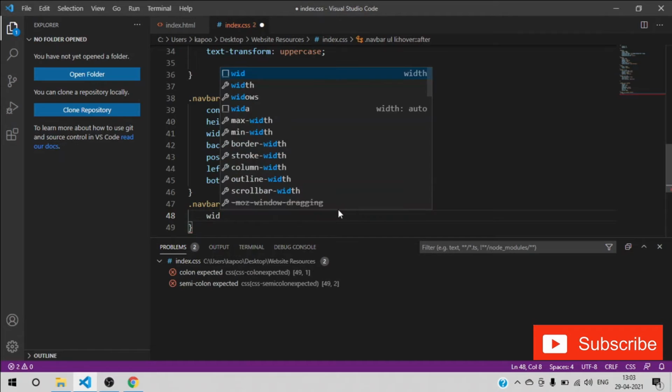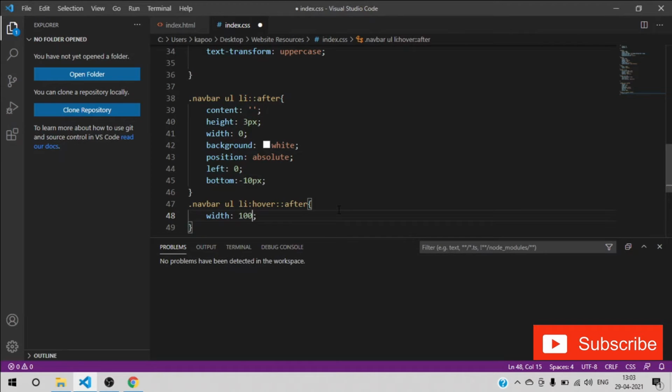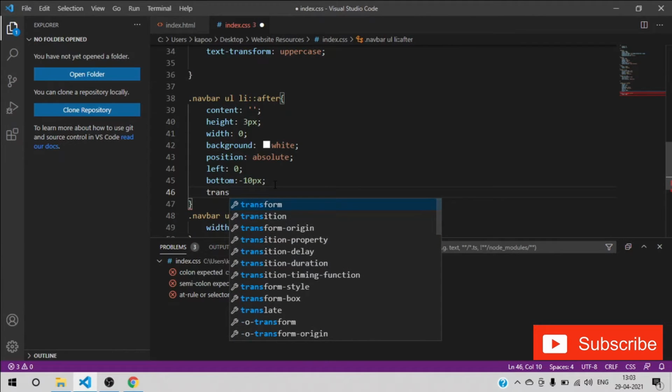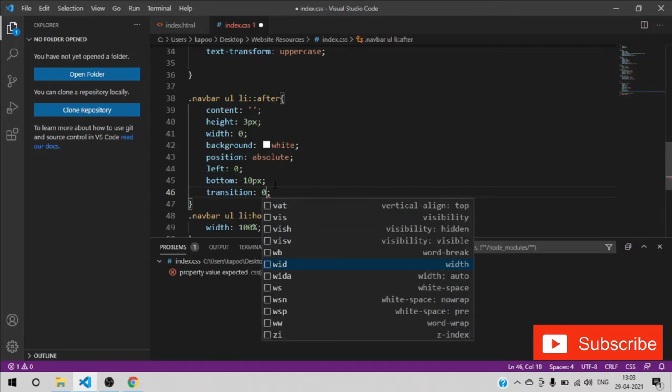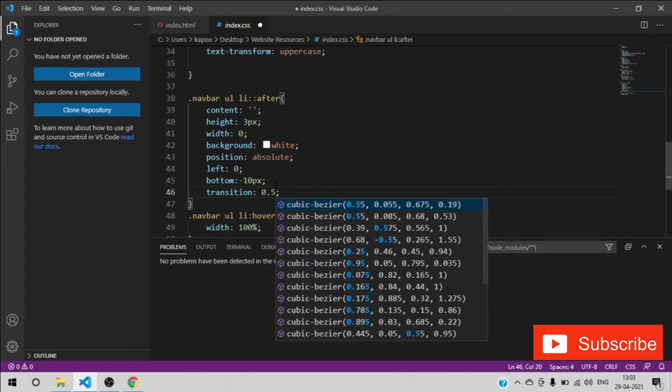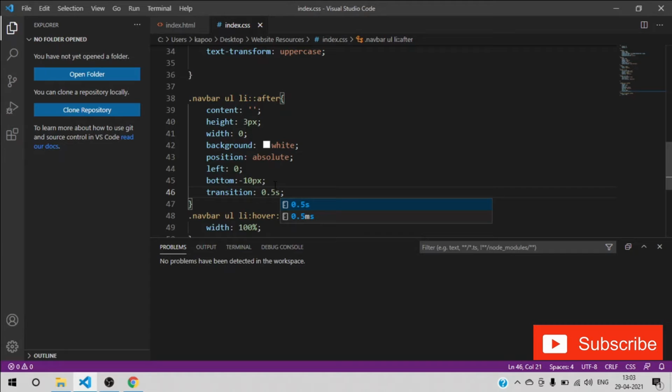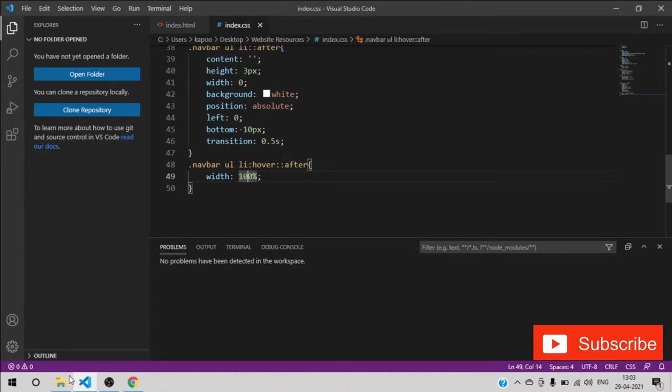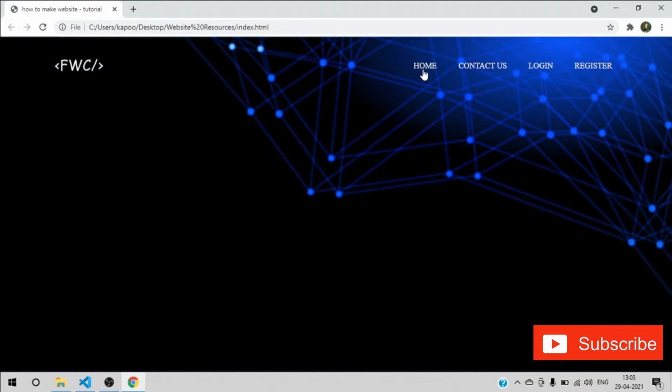So make it a width of 100%, and now just give the transition as 0.5 seconds. Just save it and then refresh it, and then if you hover, the beautiful line will come.